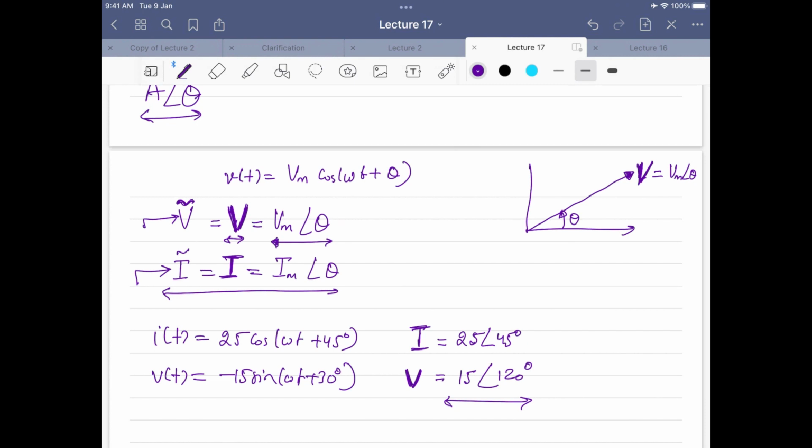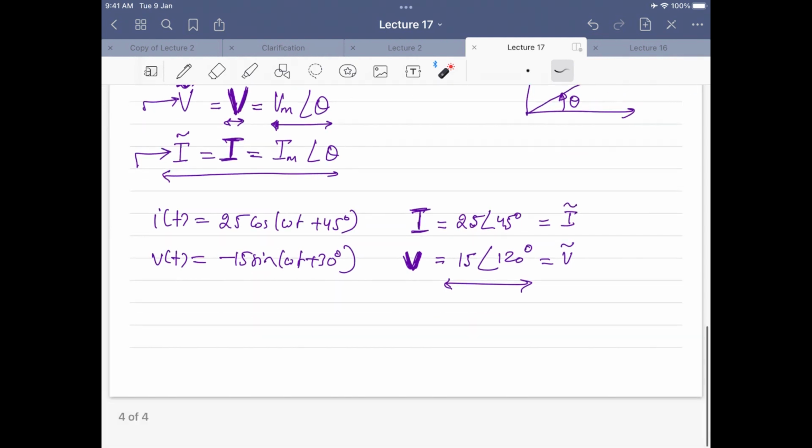So this is basically the representation in terms of phasors, and these phasors are bold I and bold V. For convenience in this class, I will write like this. So do not confuse this I tilde and V tilde with anything else. For this class, just to avoid writing these bold letters every time, I will use these.